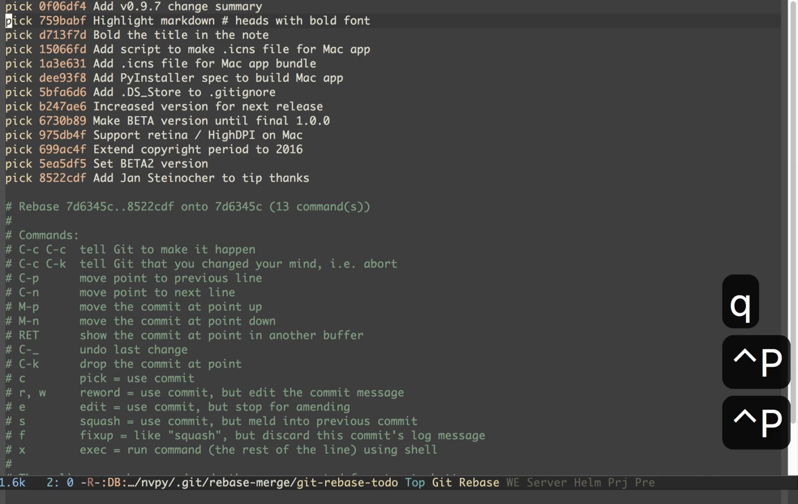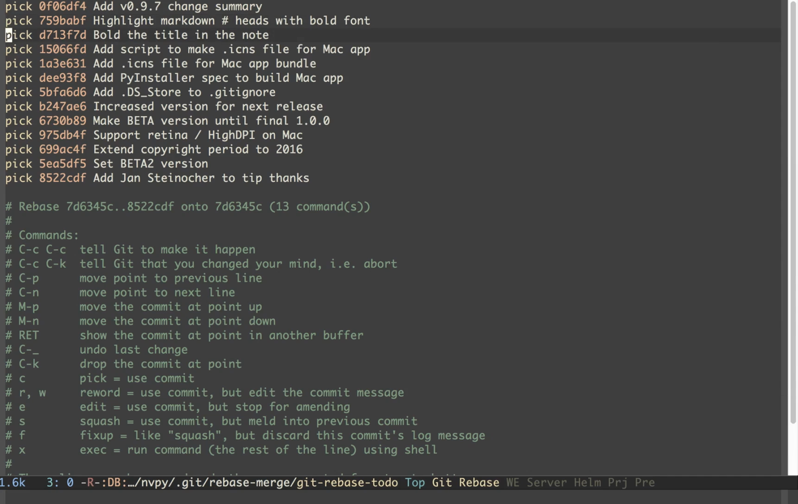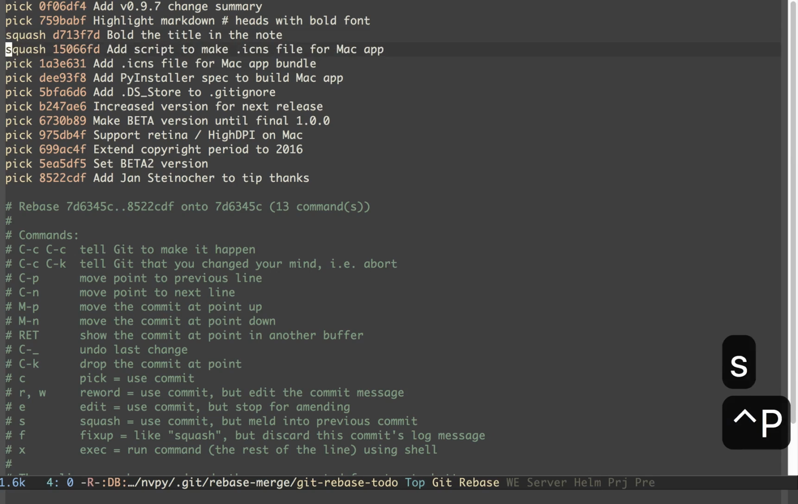Okay, so I'm a crazy developer, and I'm going to squash all of these three commits into one. So I press S on the first commit, which I would like to squash into the one right above it. And then I press S again. So you can see I have two squashes, and these two commits are going to be squashed into the commit